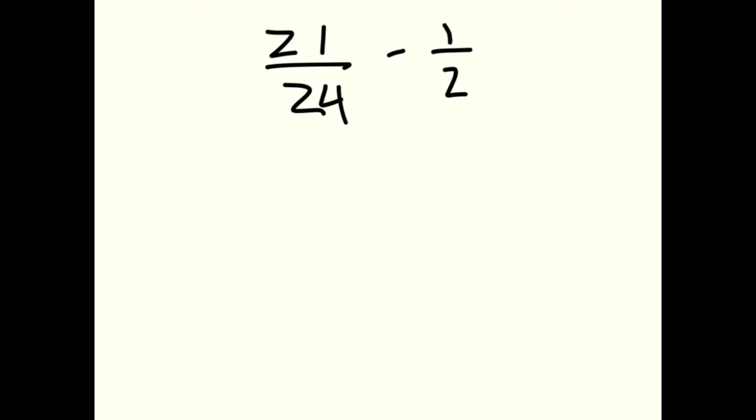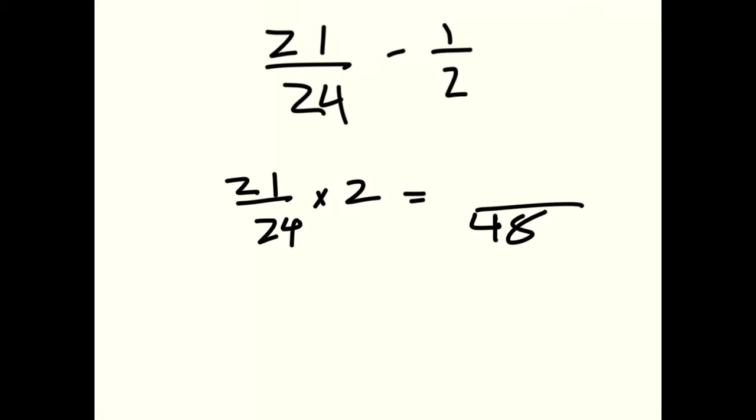So first, what you do is you have to make 1/2 into 21/24. So what we will need to do is multiply it by each opposites, like for example 24 would be 21 over 24, multiplying it times 2, and that would equal 48 over